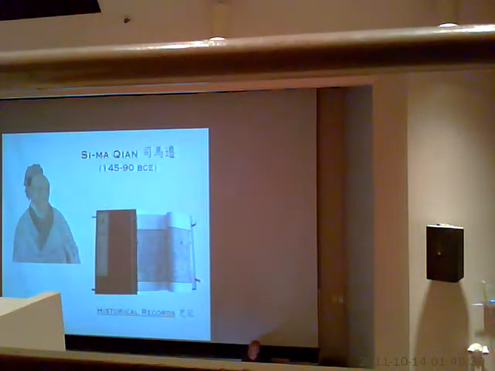And they both had access to the imperial library, which was full of, I don't know how many books at that time, maybe it might have gotten into the thousands, I'm not sure. As part of their job as astrologers, they had to keep track of the calendars and the records and so forth, so they had access to the library. And Sima Qian's father, Sima Han, took it upon himself as a private project to compile a history of China from earliest times, from the time of the Xia Dynasty and Shang Dynasty, right through to the Han Dynasty, up to the reign of Emperor Wu.